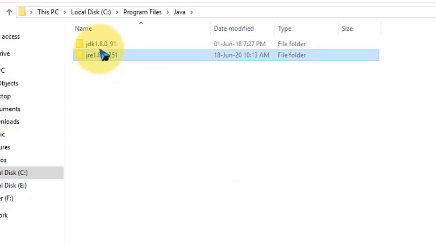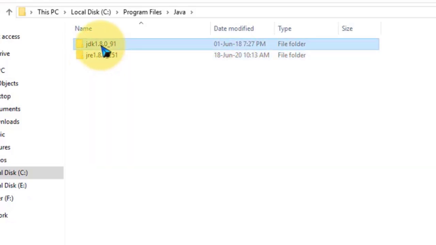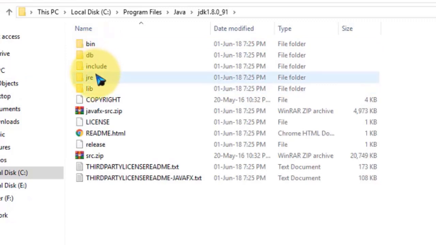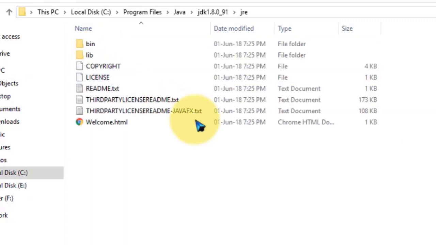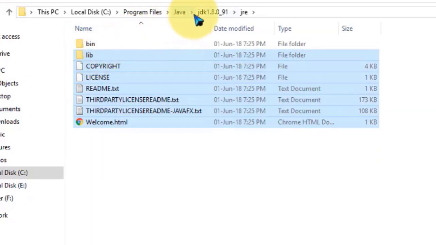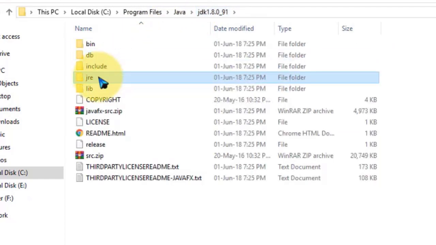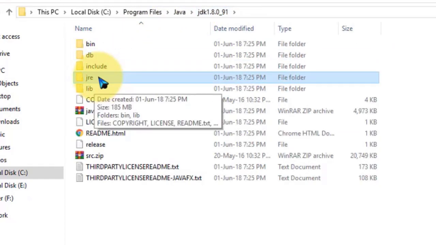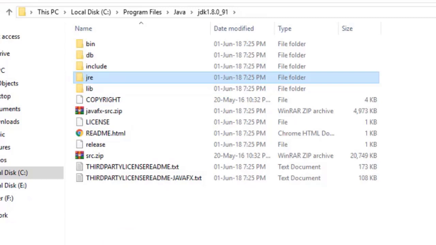Okay, and for our own applications we have a JDK. Inside the JDK we have another JRE, and this JRE will help you to execute them. So this is a private JRE, and the one outside is a public JRE. For Linux, such things are not available. Directly one JRE is available, which is applicable to everything.